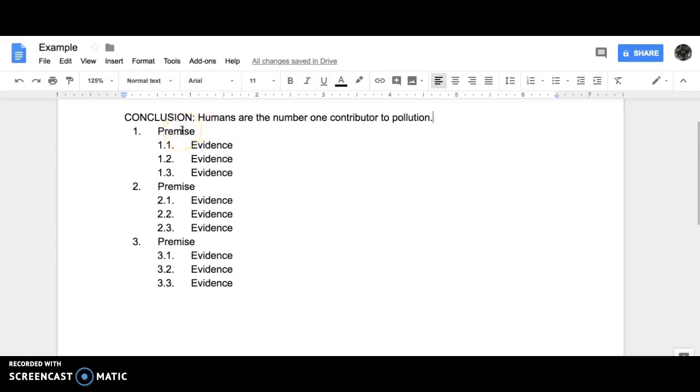So we have to then ask ourselves, what are the three things that we knew that led us to this conclusion? Right? What are the three statements of fact that helped us arrive at this conclusion that humans are the #1 contributor to pollution? So maybe our first premise could be something along the lines of